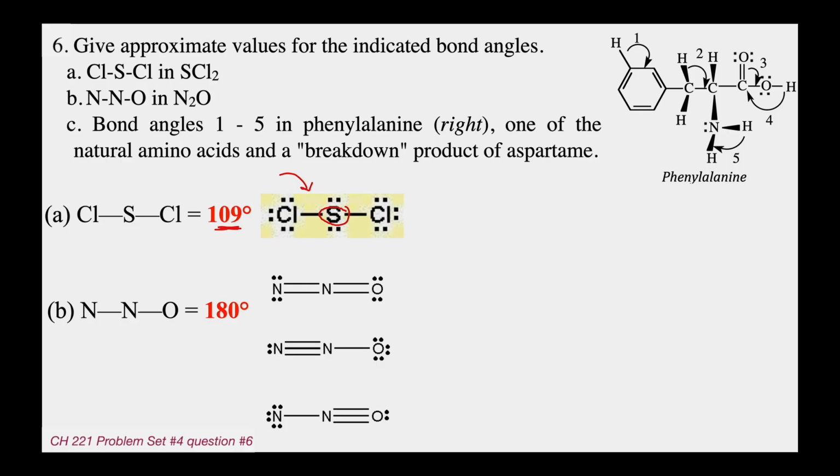So for example, on A, the central atom was tetrahedral. If we see tetrahedrals in phenylalanine, they're going to be 109, etc., etc. In the upper right corner, this is a line structure for this molecule. And we're going to see this a lot in the upcoming areas. Each vertex on that molecule is a carbon atom. So you can see that in angle number 1, there's a carbon down there. It's connected to the hydrogen, which you see. It has a single bond to the right carbon, and there's a double bond to the carbon in the lower